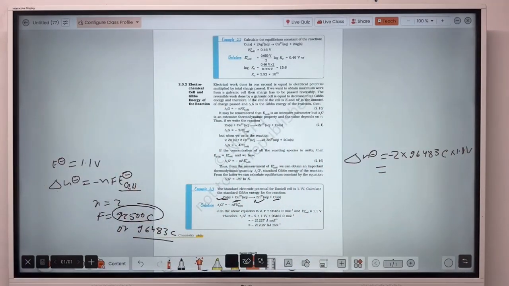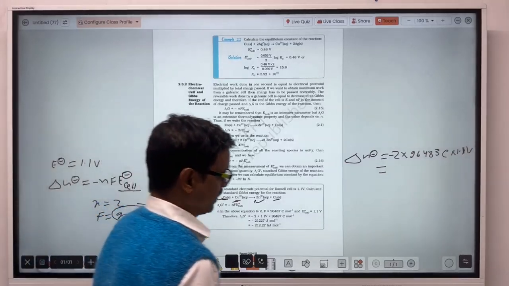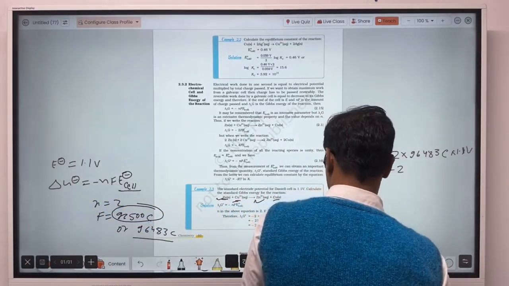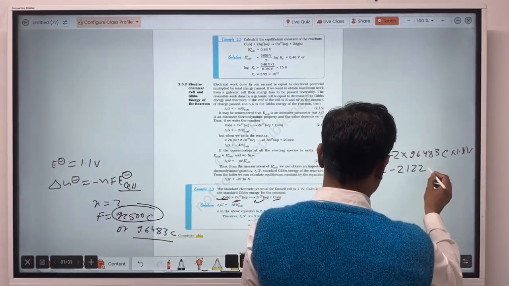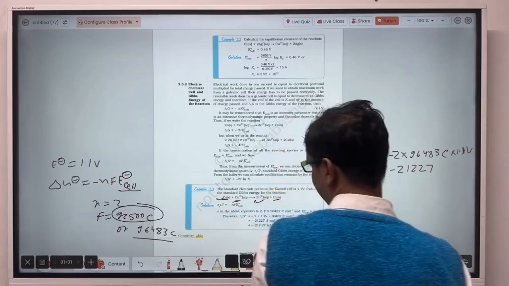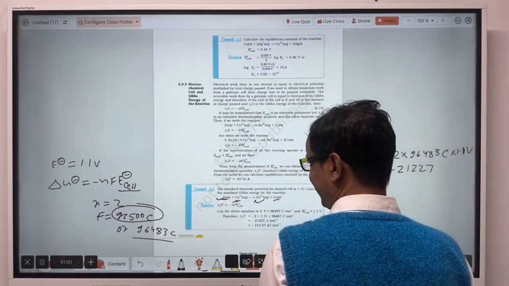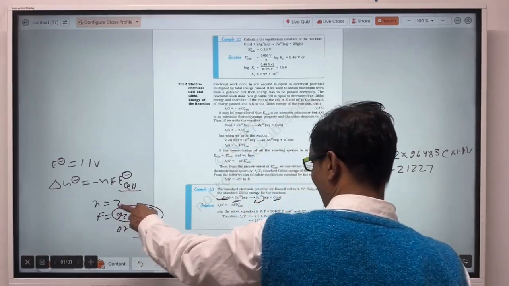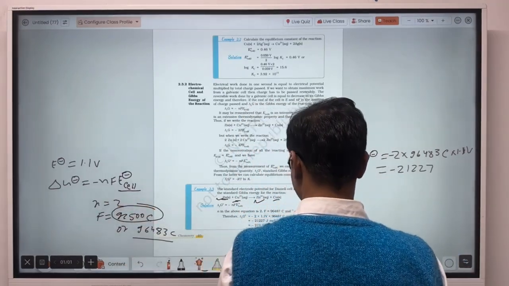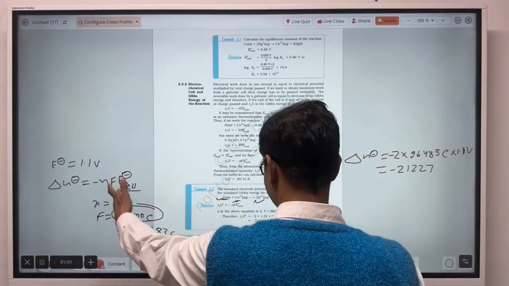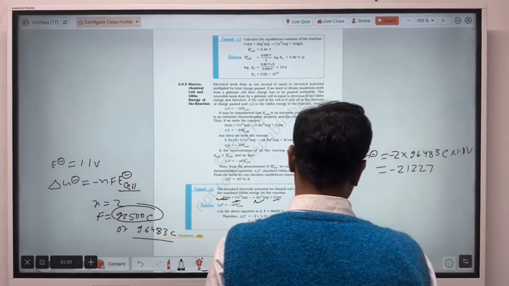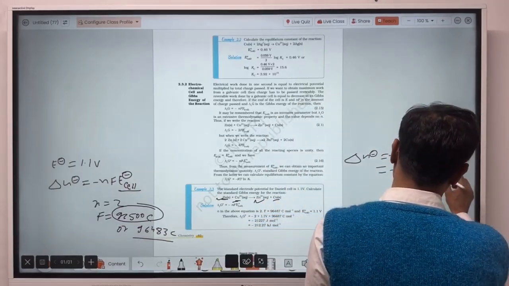So its answer will be minus 21227. 21227, and what is the unit here? Faraday's constant is in coulomb here, this one is in volt, and n is the number of electrons. So finally the answer will be in joule